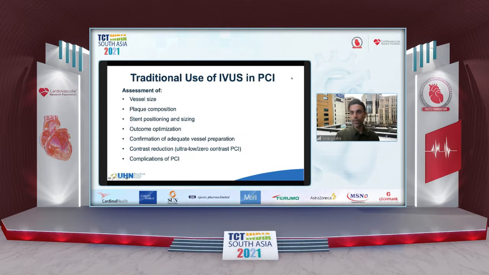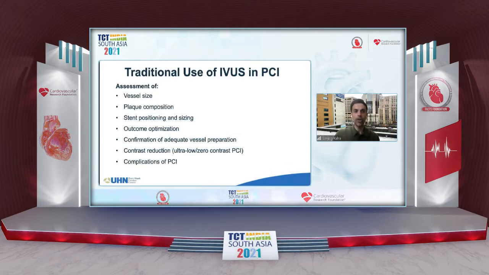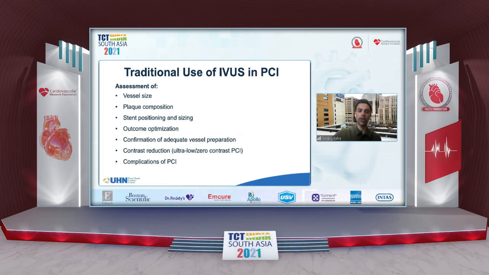So in CTO PCI, the traditional uses of IBIS in this and in regular areas have been the typical things we talk about. What are we treating in the way of plaque composition? What's the vessel size in the way of your stent size selection? Where are you going to put your stents? How are you going to optimize your outcome? Are you sure that you can do the procedure without cracking the stents open along a big calcific shelf that